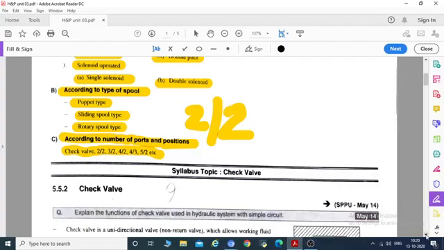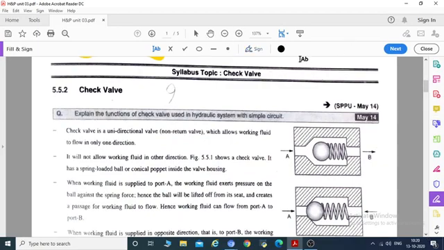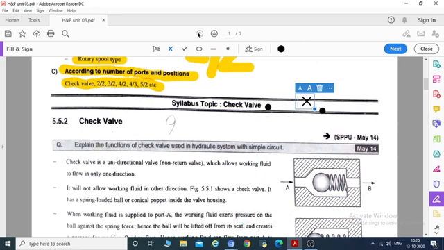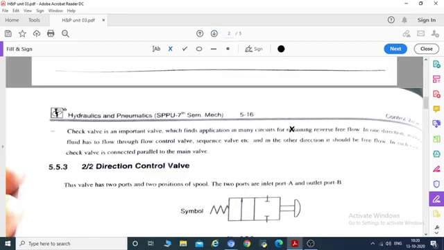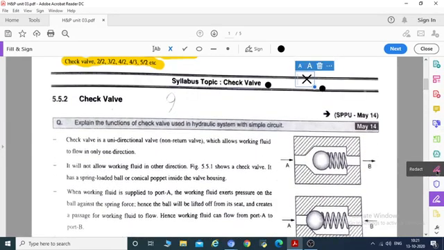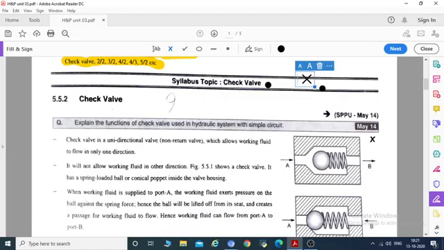Now we are going to see another concept of today's session, which is the check wall.